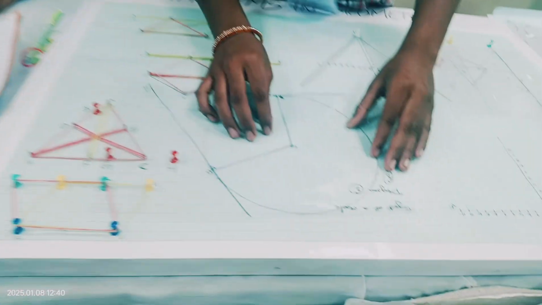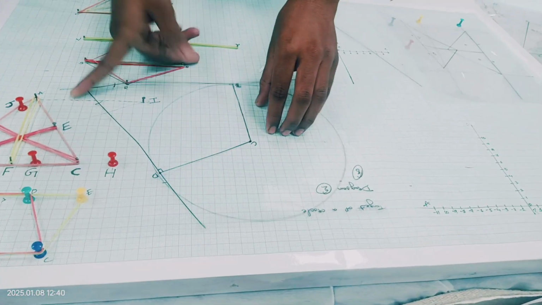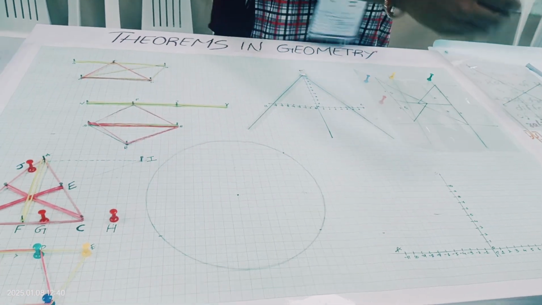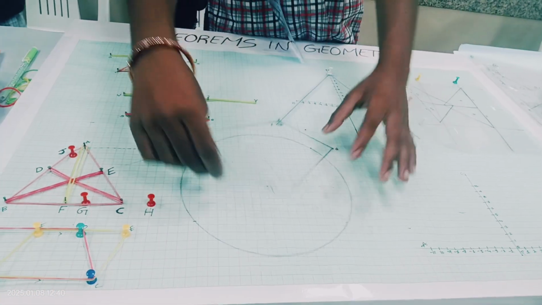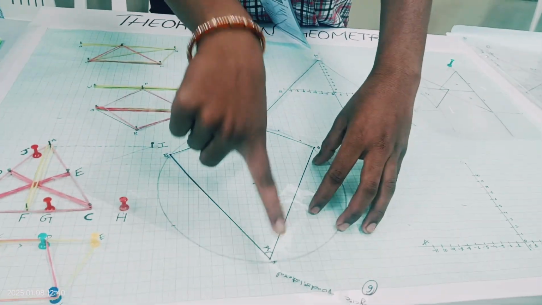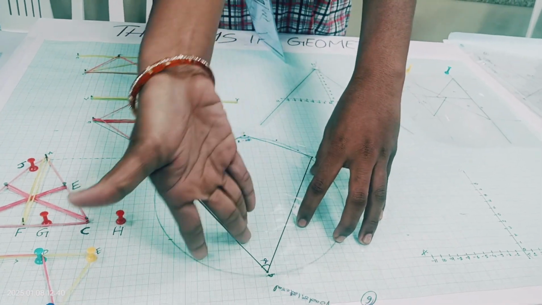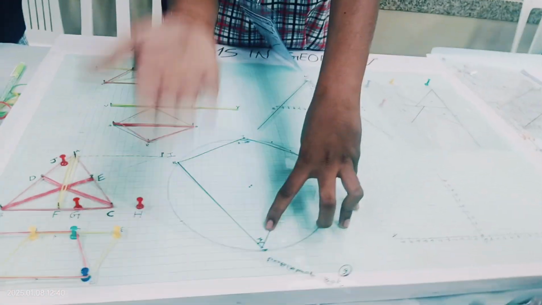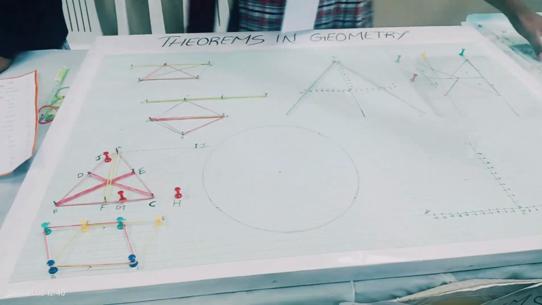And another one is tangents of a circle. Tangents of a circle meet at the same point. This is called tangents of a circle. Another one is the cyclic quadrilateral. In a cyclic quadrilateral, the opposite angles sum to 180 degrees. So, for example, if angle A equals 30, the opposite angle is 30 subtracted from 180. This is called a cyclic quadrilateral.